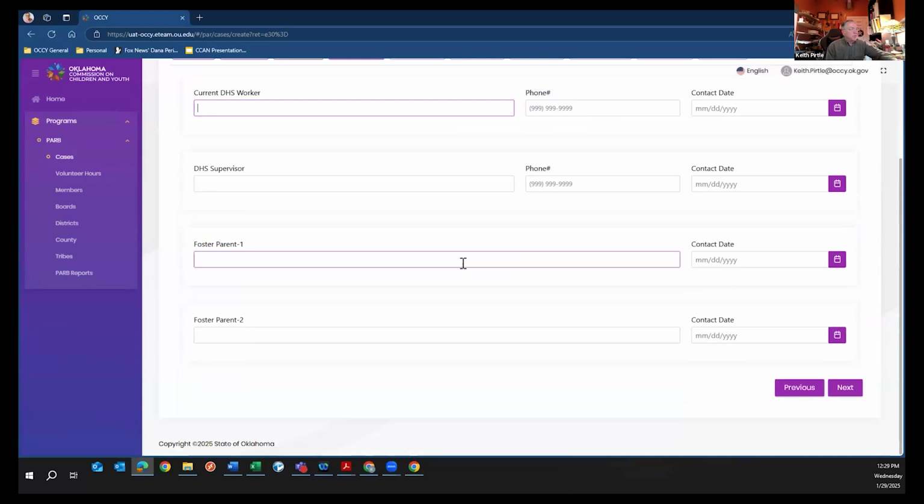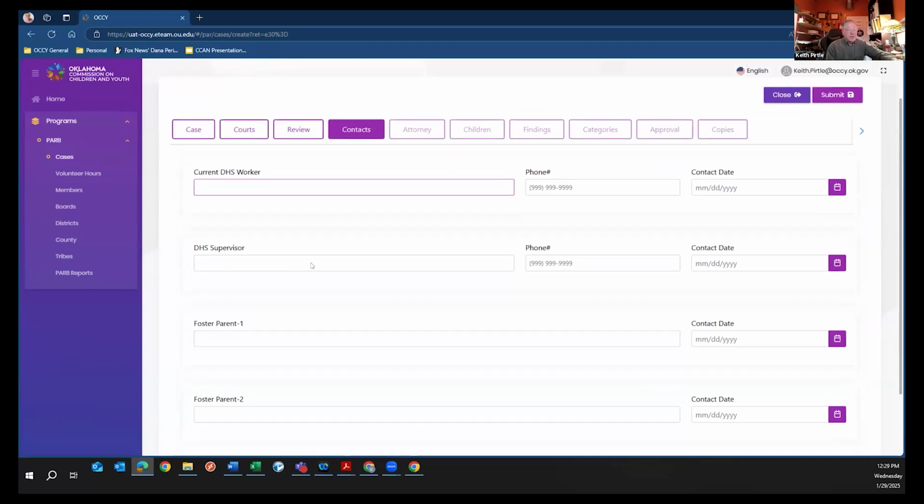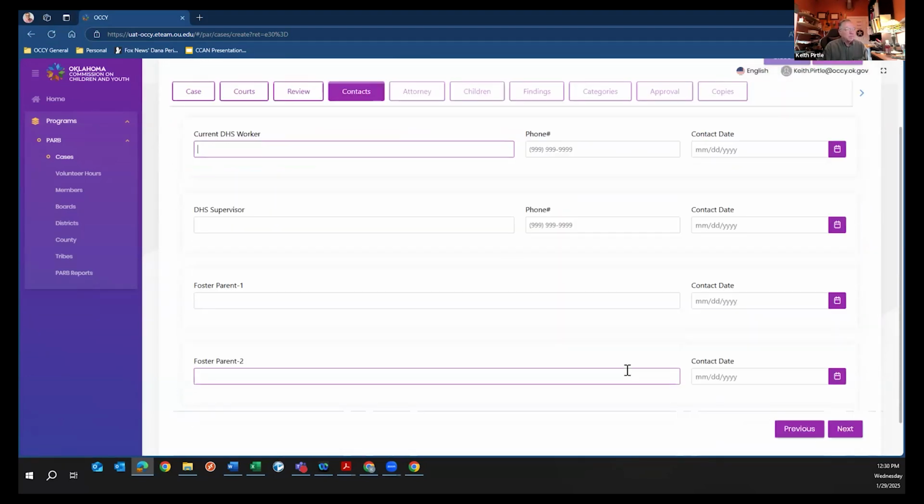I've got a place to put your foster parent information, though at this point, correct me if I'm wrong, Lisa, that's not on the printed form anymore. Yeah, we took that off for the witness problem, for confidentiality reasons. So I wouldn't even bother to do that at all. We might even just take that off the form altogether. If you want to reach out to the foster parent, great. But we certainly don't need that for the database.